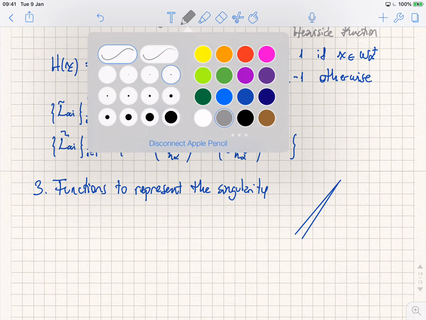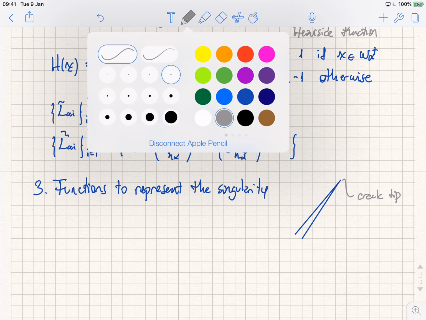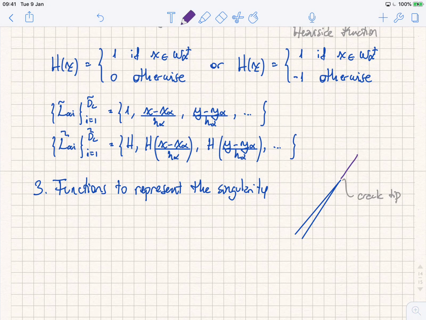Well, this is a crack tip. You can actually derive from linear elastic fracture mechanics functions that usually are given in terms of polar coordinates r, theta,